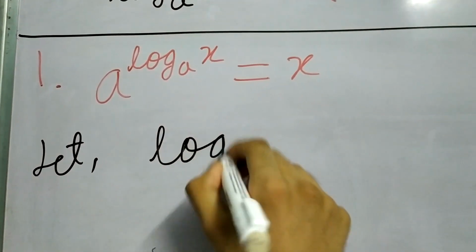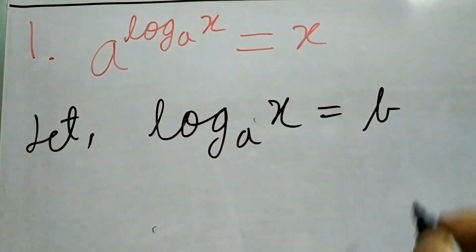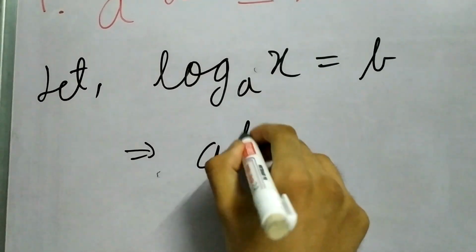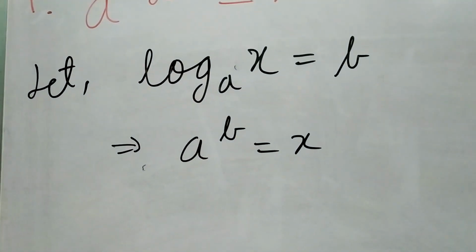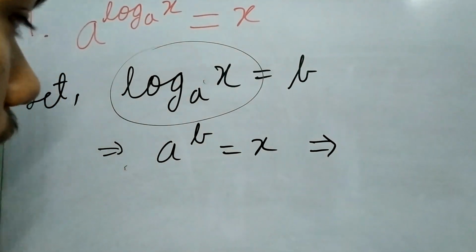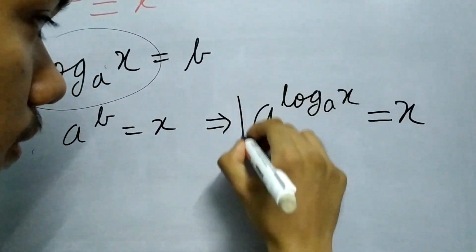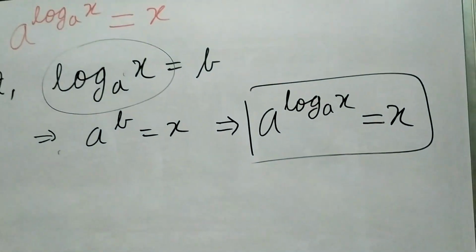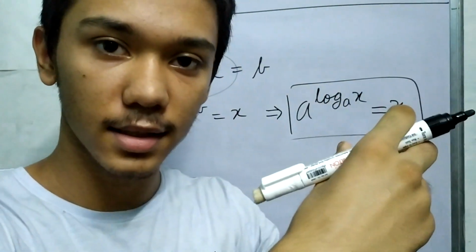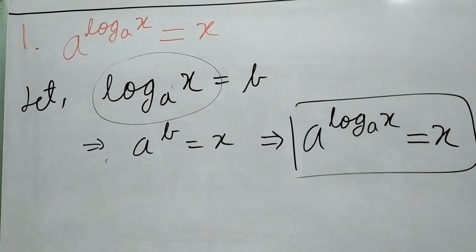Let log base a of x equal something. Let's call this b. Which means that a to the b is nothing but x. But what is b? b is nothing but log base a of x. So this gives that a to the log base a of x is equal to x. And log x means what? Log x gives you some number. It means that if you raise a to that number, you will get x. And that is what you are doing, right? You are raising a to that number and you will get x.